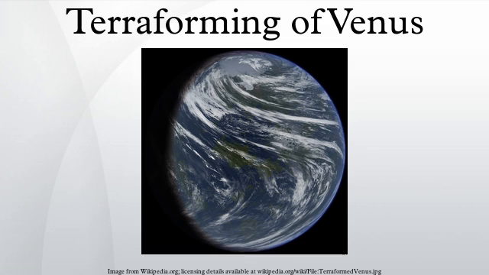The terraforming of Venus is the theoretical process of engineering the global environment of the planet Venus in such a way as to make it suitable for human habitation. Terraforming Venus was first seriously proposed by the astronomer Carl Sagan in 1961, although fictional treatments, such as The Big Rain by Poul Anderson, preceded it.